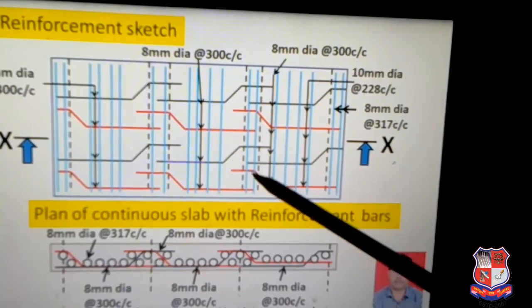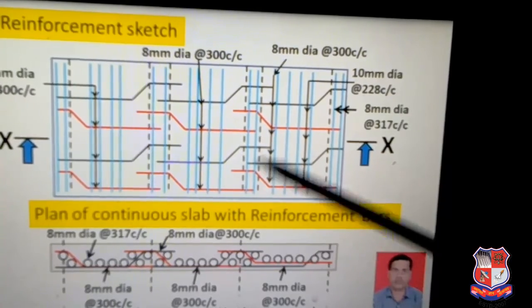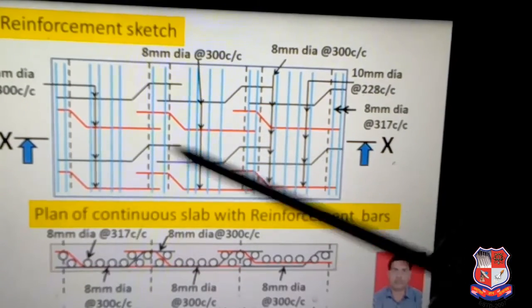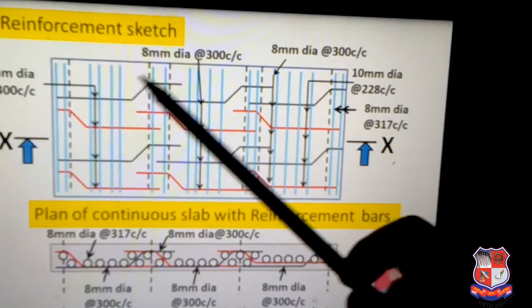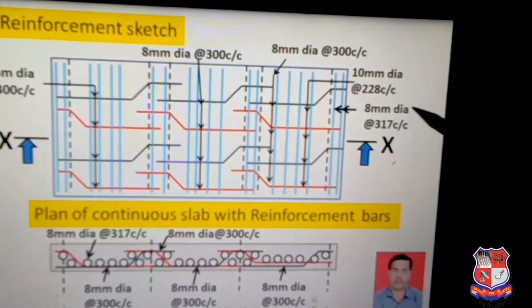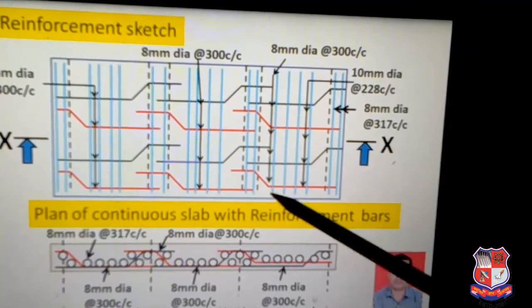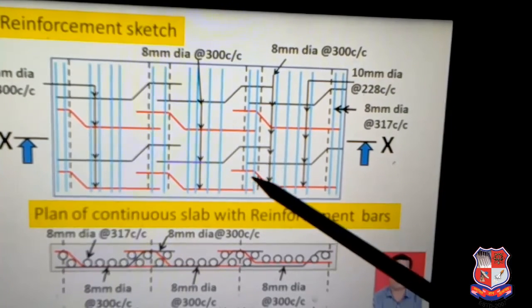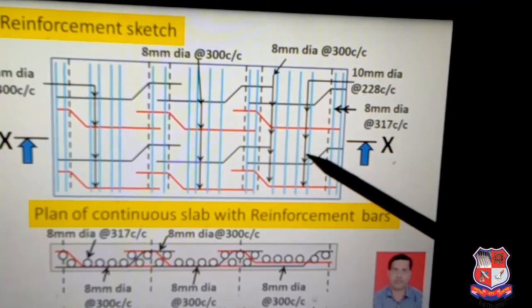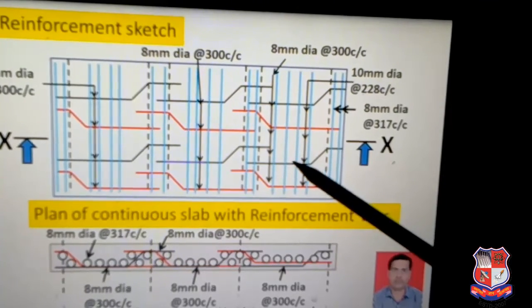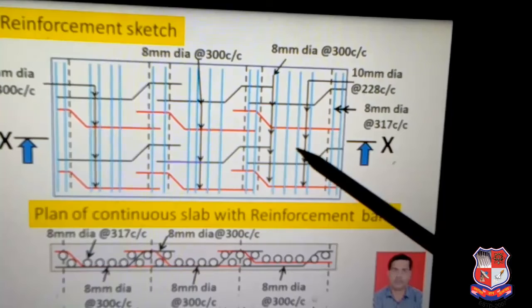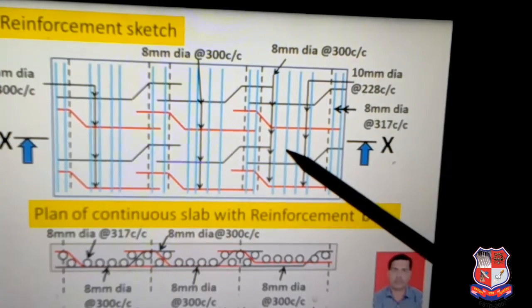Same trend is maintained in each span. So the blue bars which you see here are the distribution bars, that is 8 mm dia bars at 317 mm center to center, on the top of the main steel bars, in the bottom of the slab as well as in the top of the slab. The purpose of the distribution bar here is to keep the main bars at the exact position meant for them, get tied up with the main bars, and protect the slab against temperature stress and